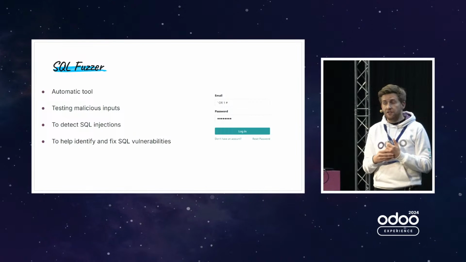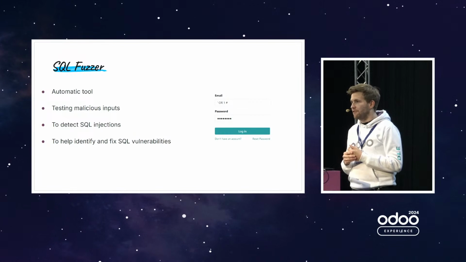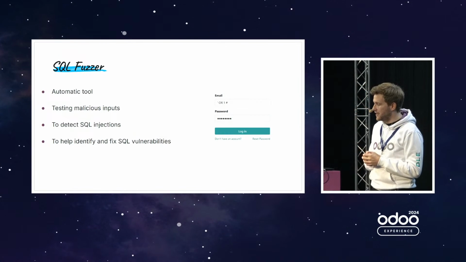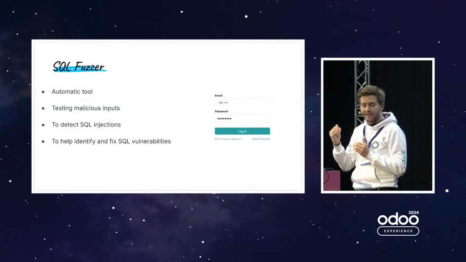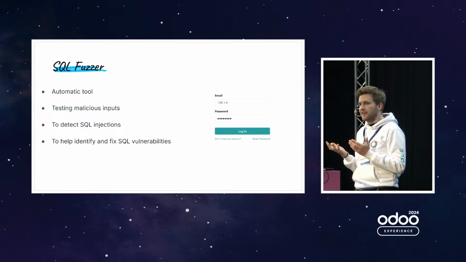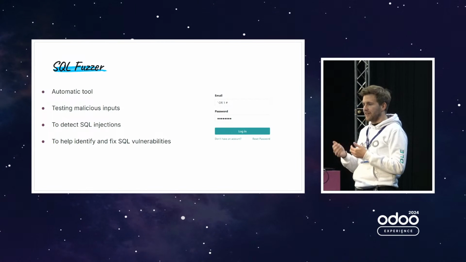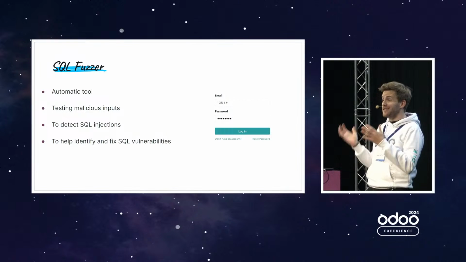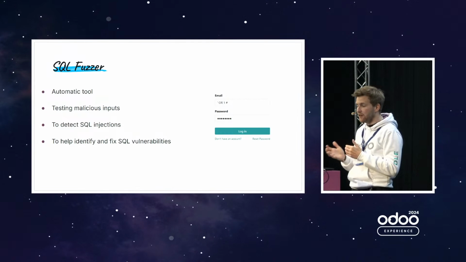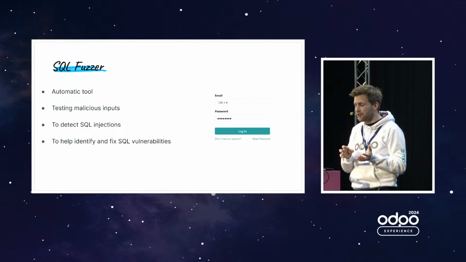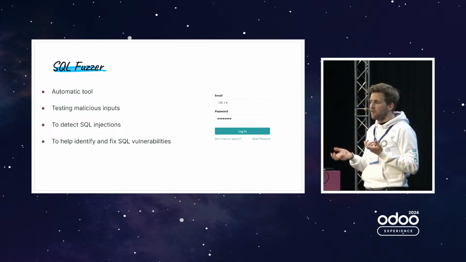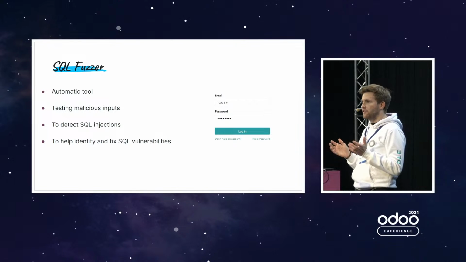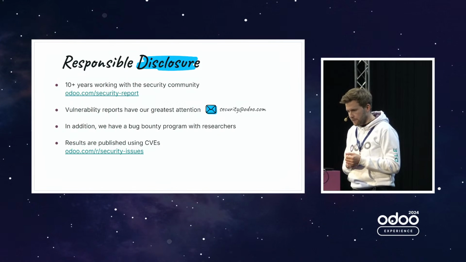The SQL fuzzer, we don't have it yet, but we would very much like to have it. So basically, it's just an automated bot that would fill every form it can see with standard SQL injection patterns to see if there is a SQL injection or not. So it would be something additional to the SQL injection detector, because the detector is just analyzing the code. This one is actually testing it, but randomly. And with the power of both, we would avoid most of the SQL injections.